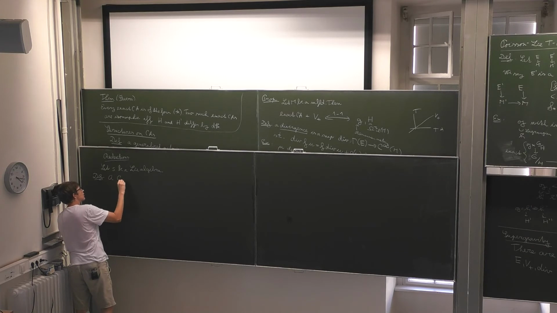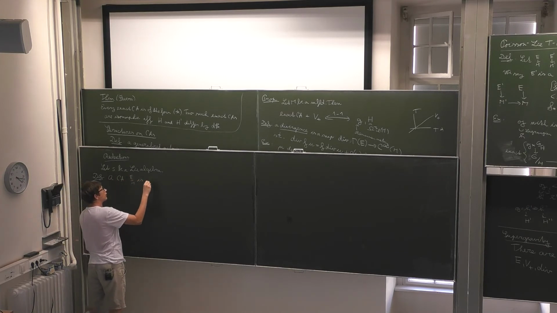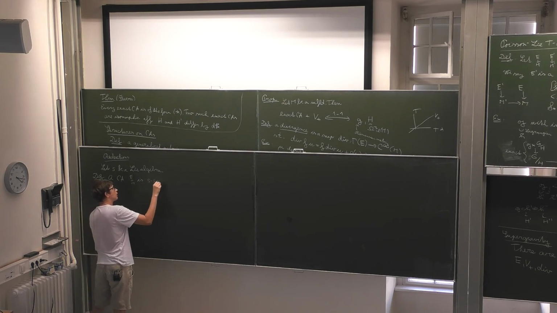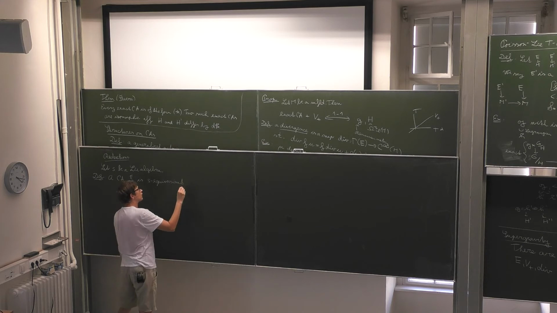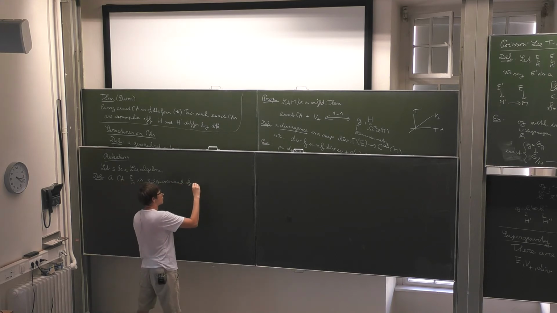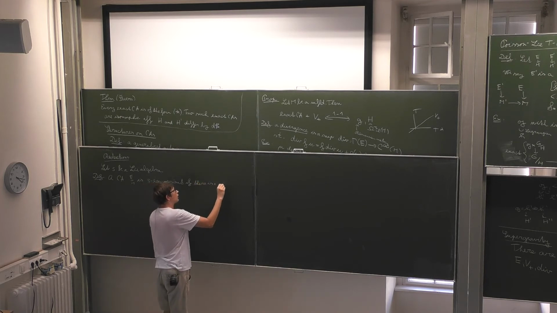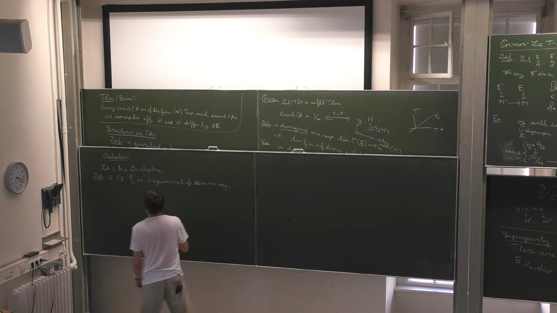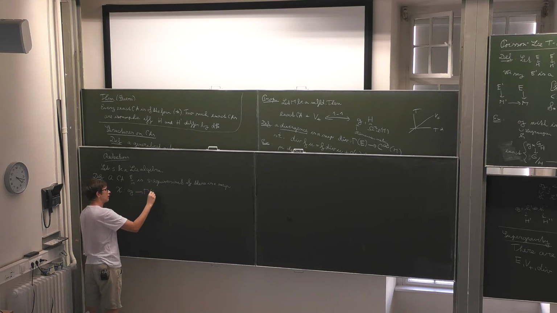A Courant algebroid E over M is called S equivariant if there is a map, let me call it chi, that goes from the Lie algebra to sections of E,